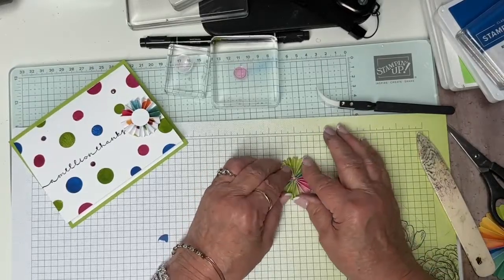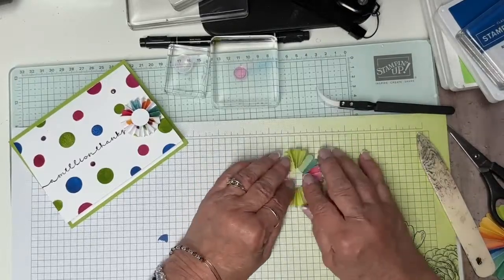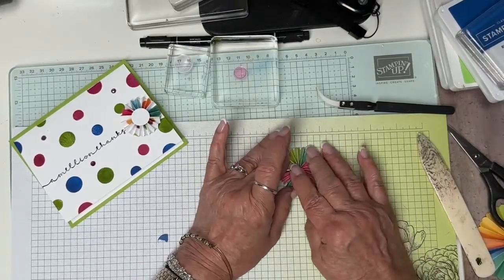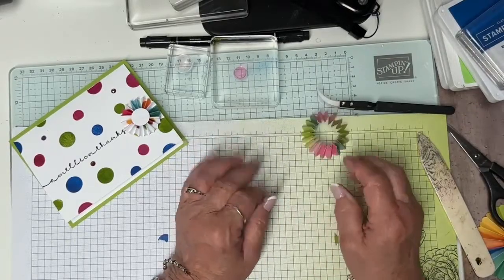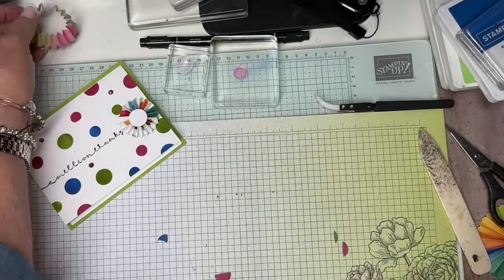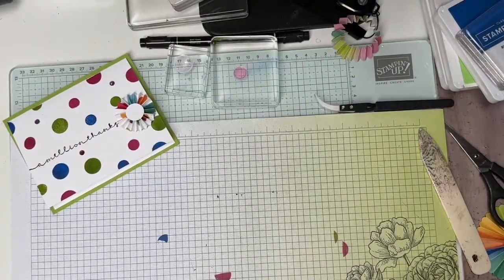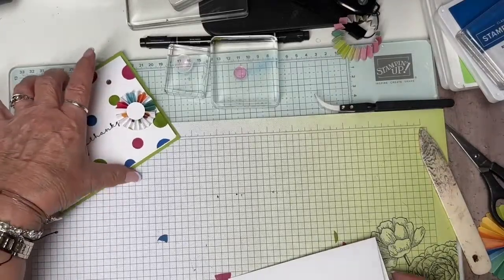I'll go back to that in a minute, Rose. And put some glue on the circle and put it there. But with hot glue, it's going to really adhere it well, and it's not going to pop apart. So I will save that and do that with that one later. But what I did with the envelope was, I think what you could do,